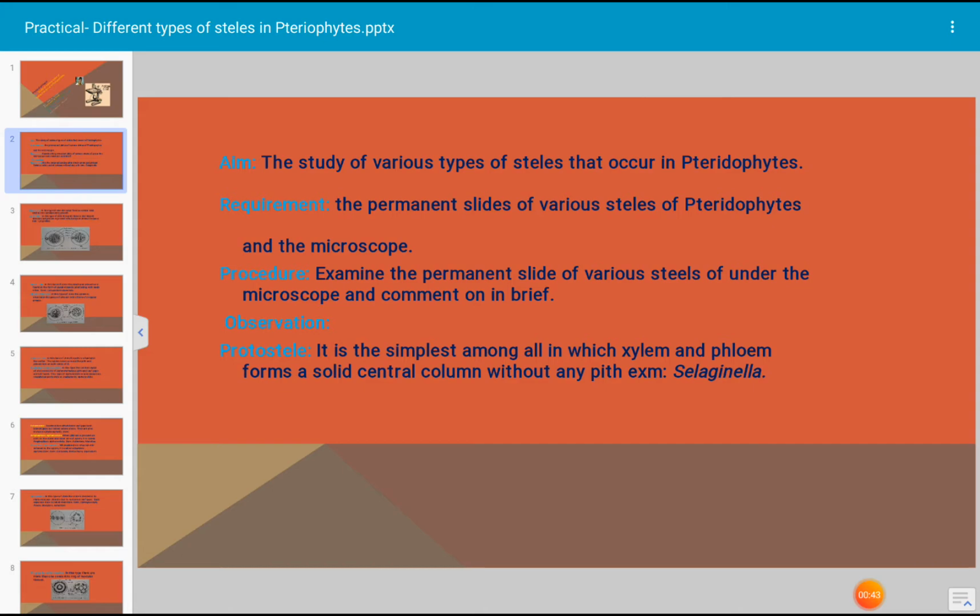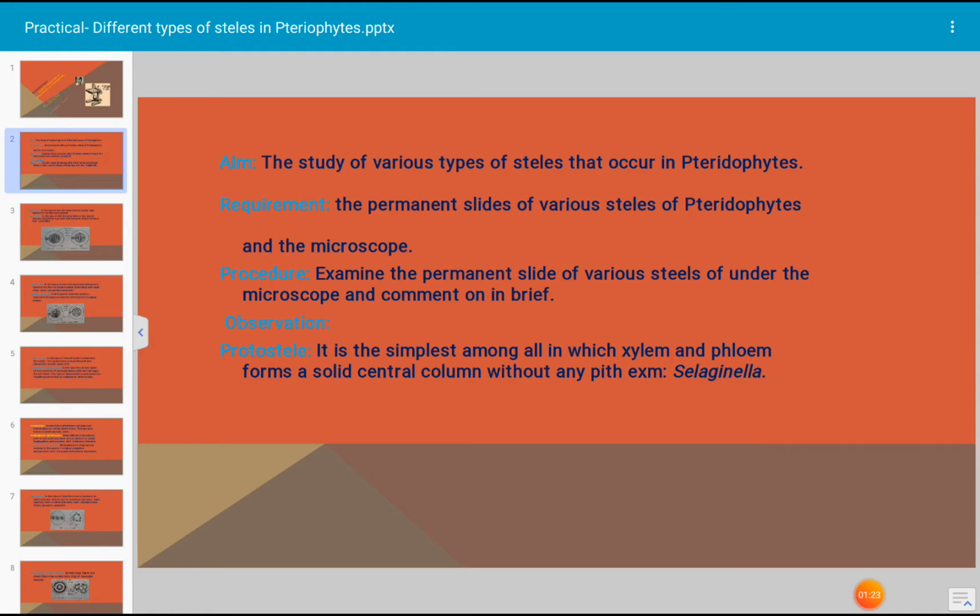The requirement is that we need permanent slides of various types of steles of pteridophytic plants, and we need a microscope to observe the slide. In the procedure, we have to examine the permanent slide of various steles under the microscope, and we have to write all the details of distribution of tissue in the stele. In observation, let us see the Protostele. Protostele is the simplest among all, in which xylem and phloem form a solid central column without any